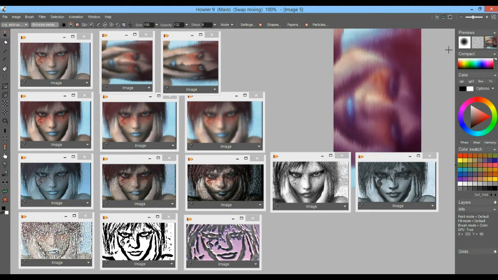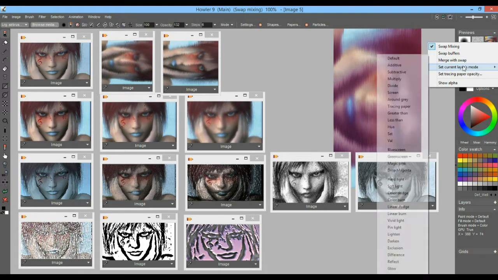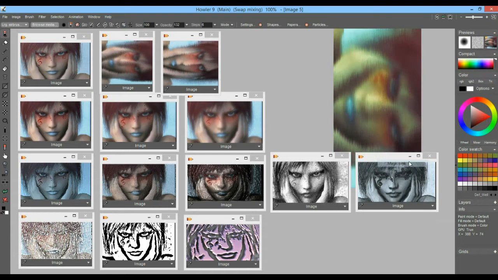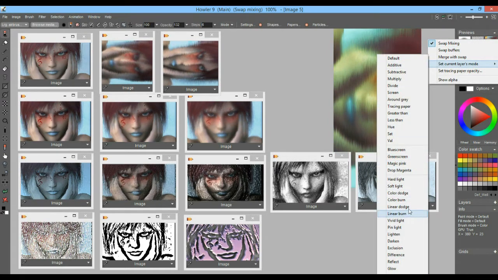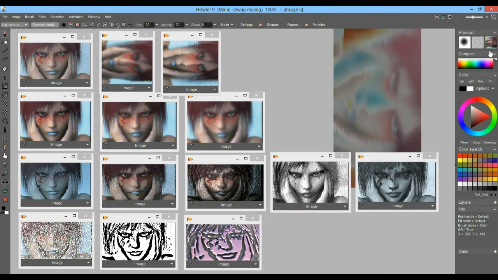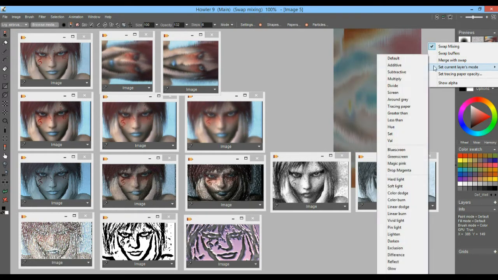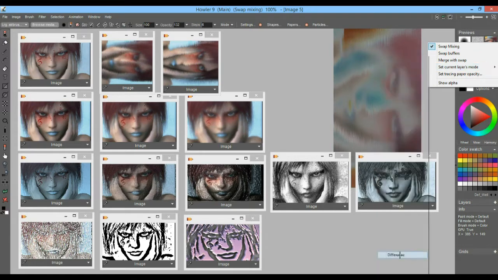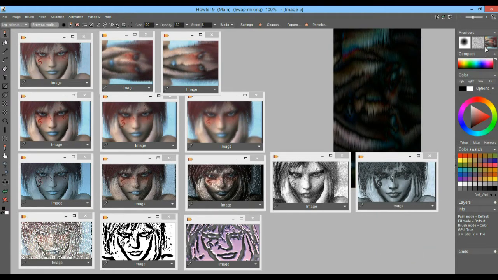Green screen, so anything that's green on one will become transparent, anything else is opaque. Magic pink, there's quite a bit of pink there. Linear dodge, experiment with those a little bit. Exclusion, there's a variety of strange effects you can get there, and you'll probably find, no doubt you'll find something that kind of expresses the mood that